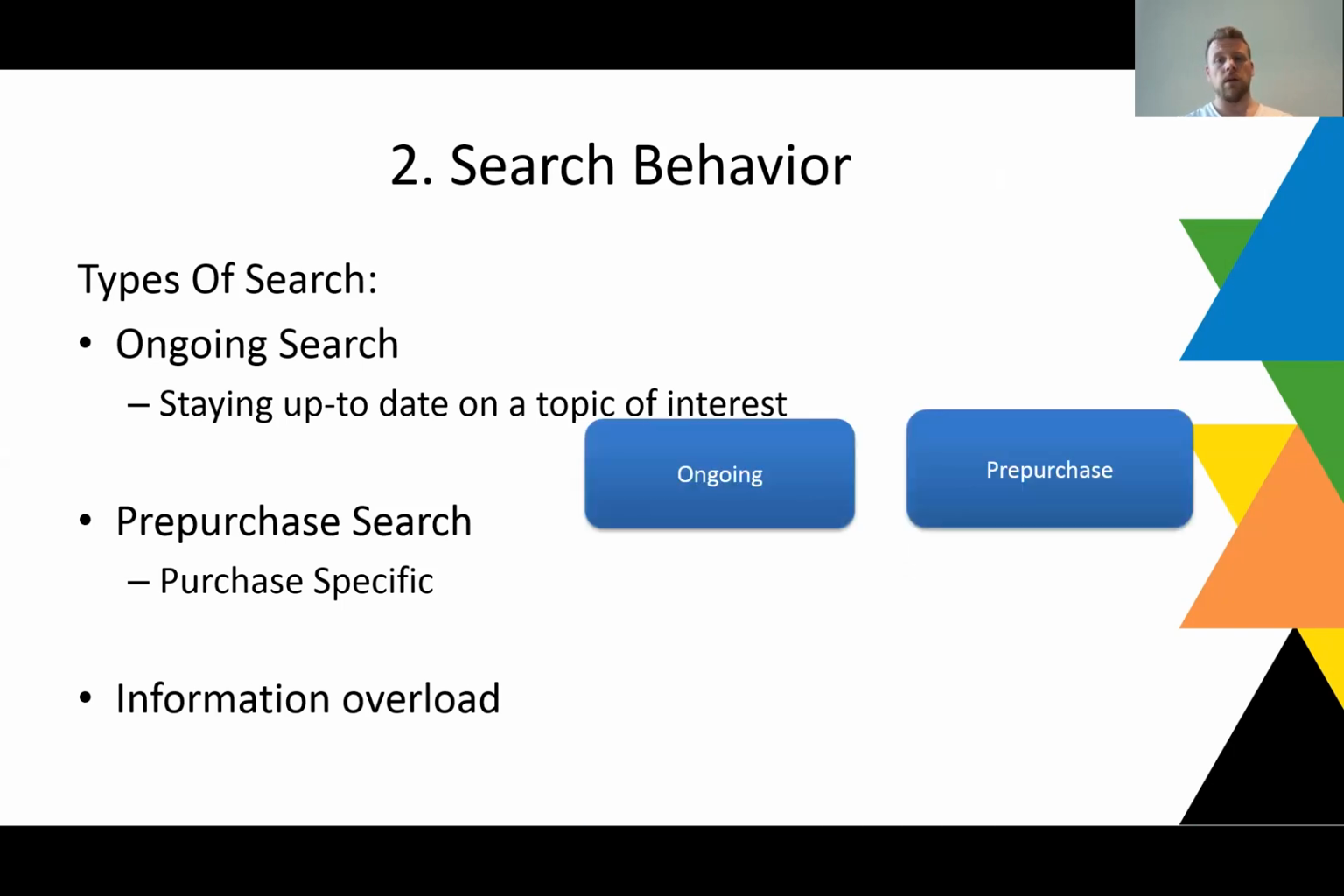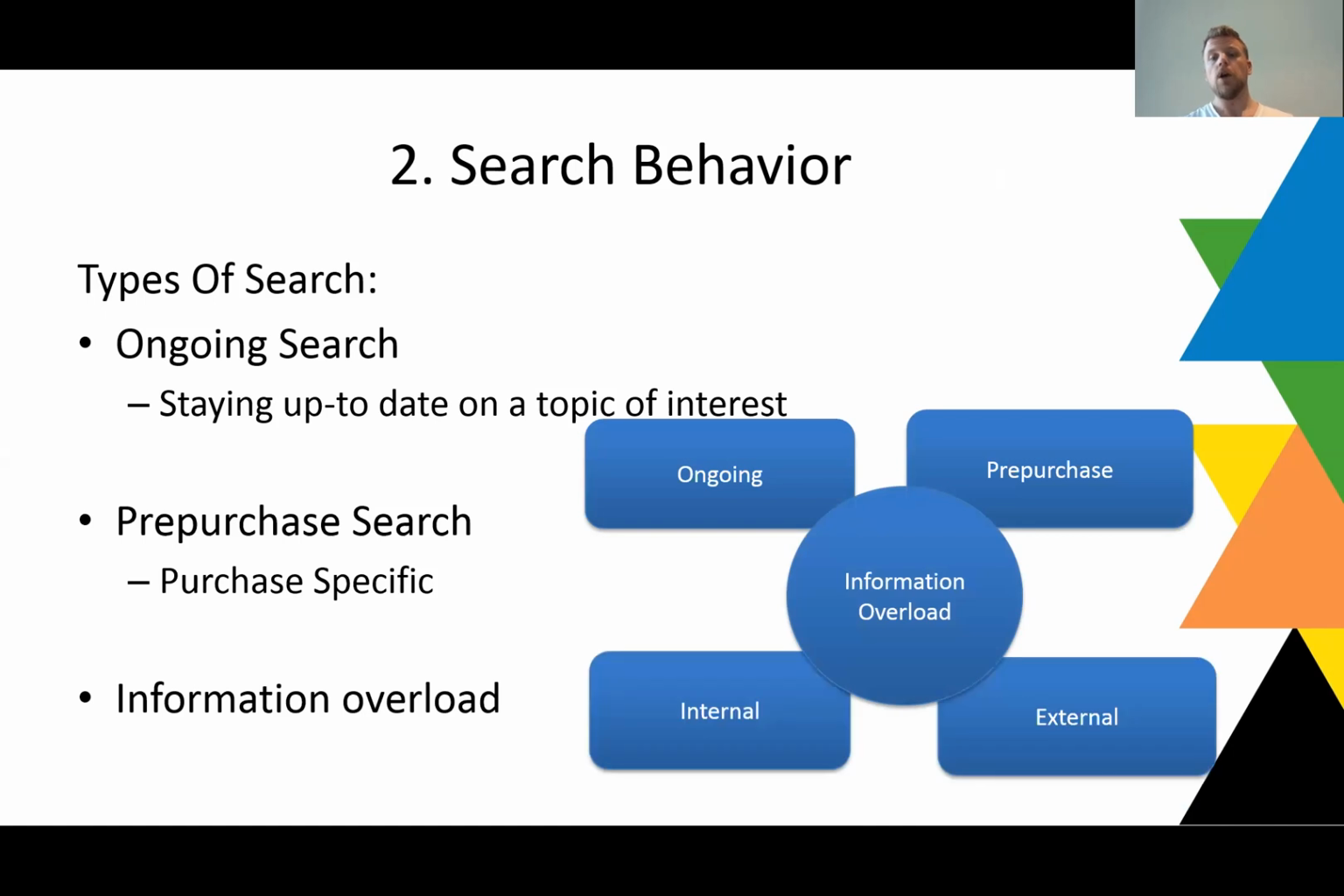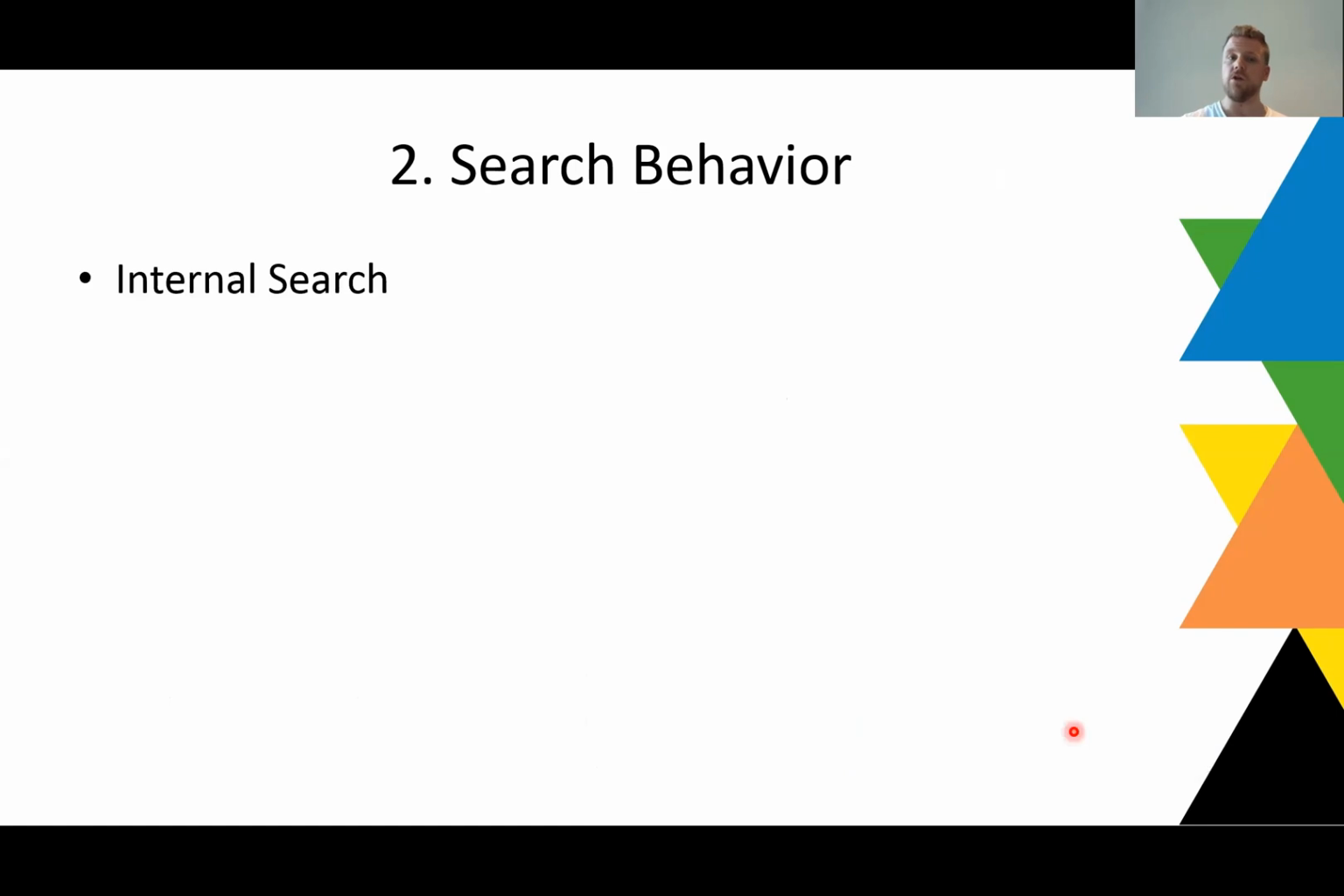Okay, so typically we have ongoing and pre-purchase search, and both can yield information overload nowadays. Two other ways to look at search is we can look for information internally and externally. Typically when we talk about internal search, we refer to the retrieval of knowledge, right? Remember, the main challenge to knowledge is retrieving the information. That's the main challenge when we know something, to find it back, to figure out